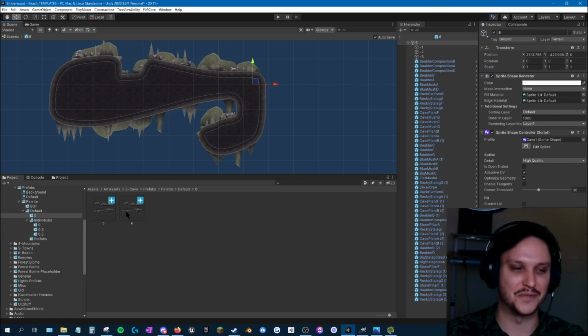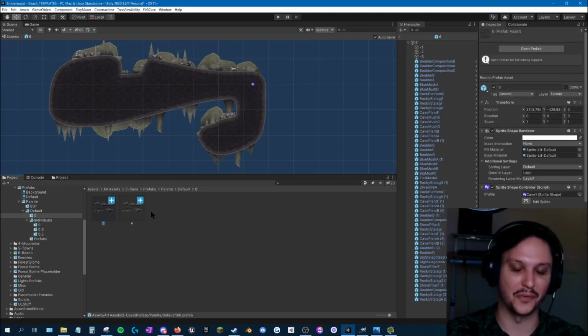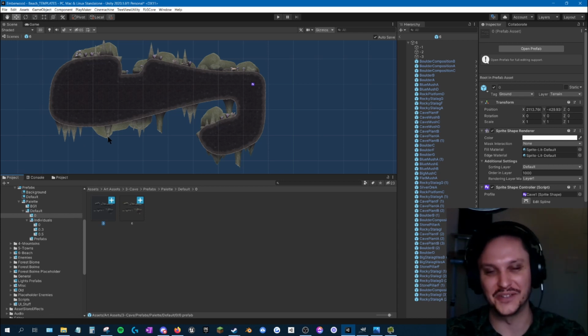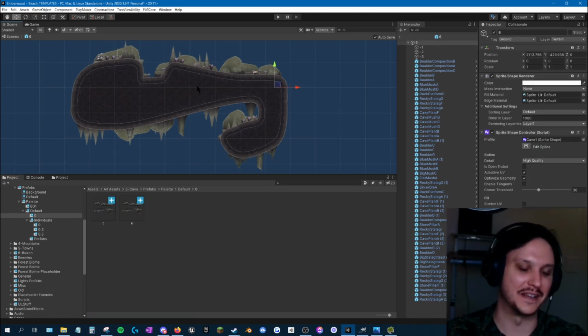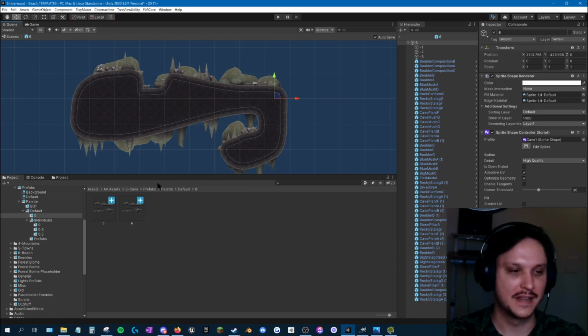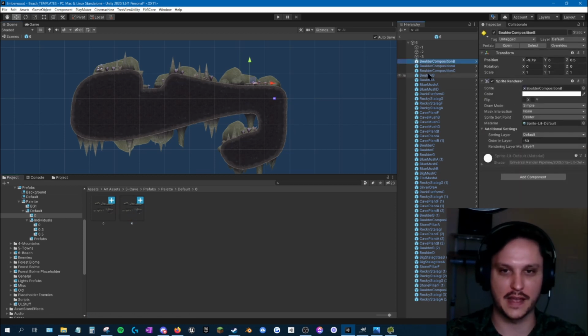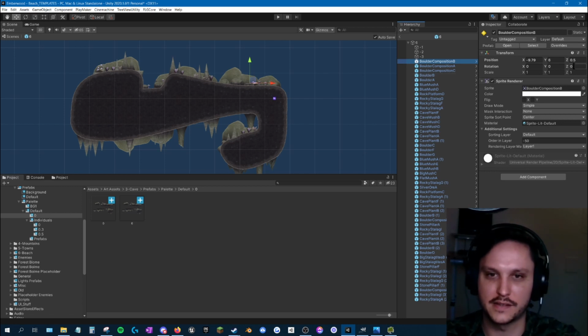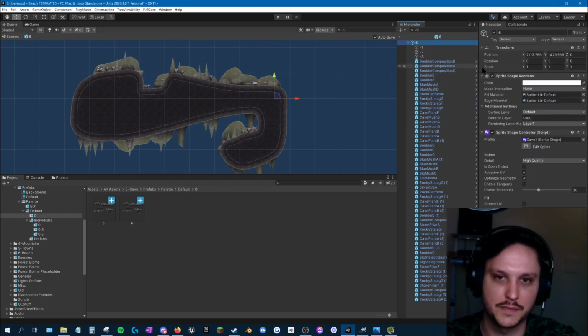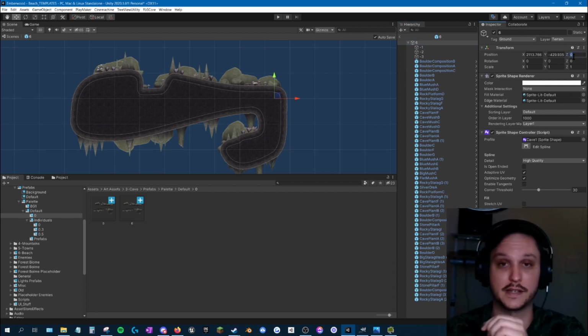So something I meant to do was duplicate this before I made all those changes, so I accidentally changed my default palette. It's fine, it wasn't that interesting. So now I have a more complicated one here at the start. I wasn't really done working on that one, so you can see all these Z values are different. And then what I really wanted to do was make this prefab be 6 units back on